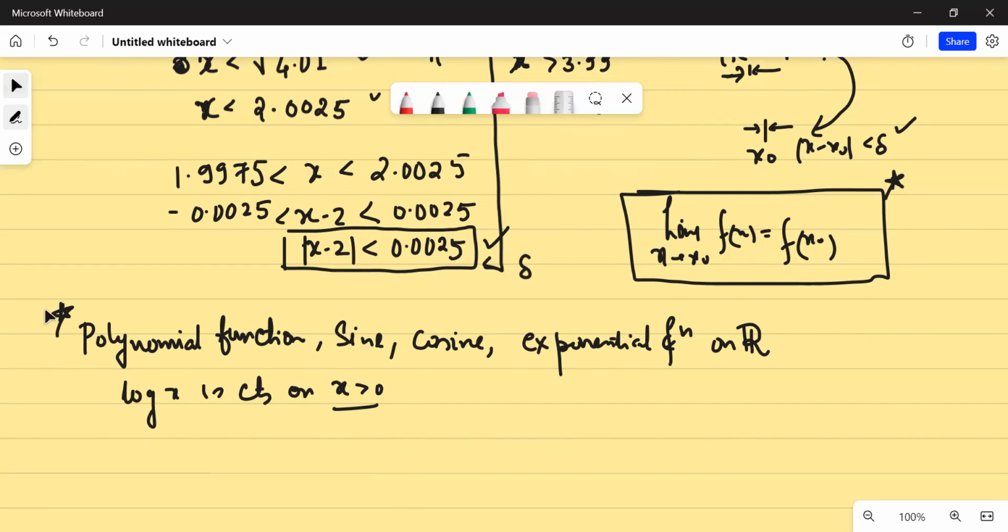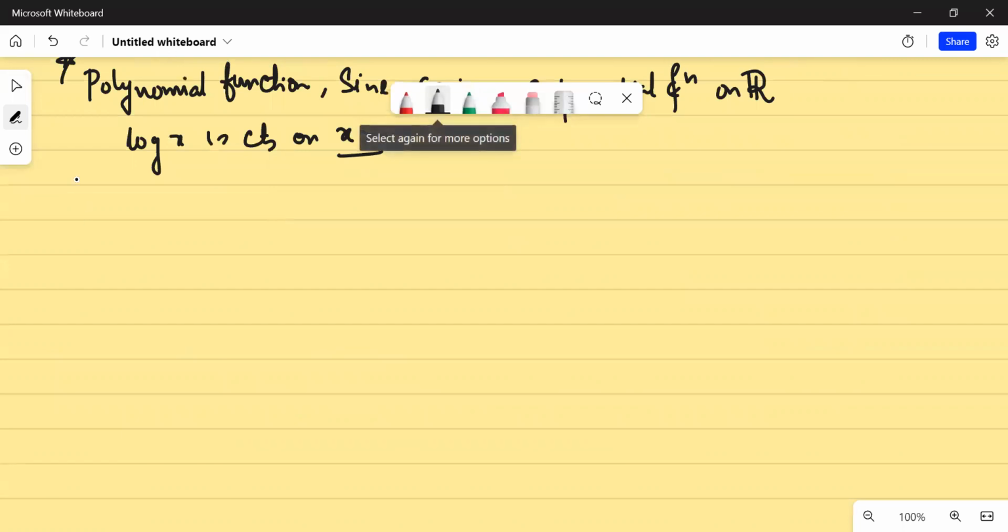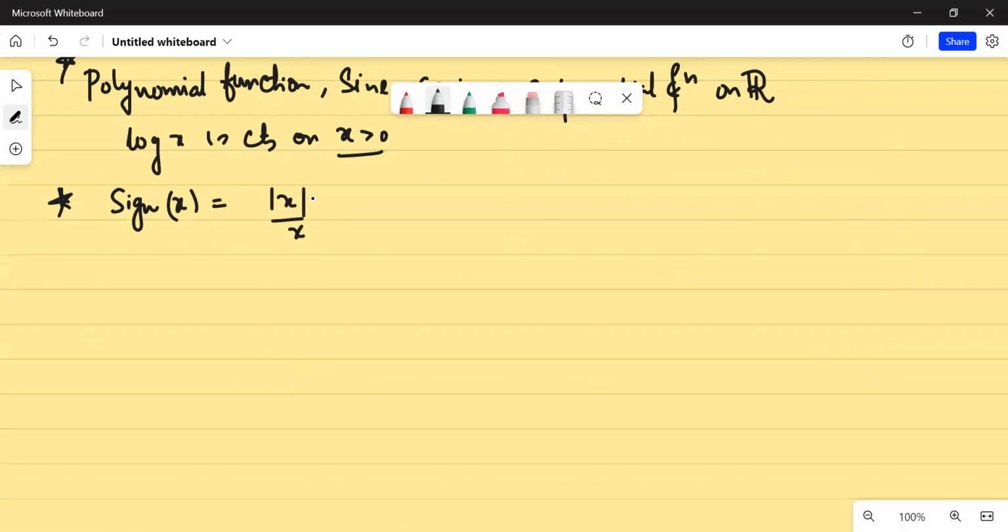Okay. Yes, and yesterday we were doing one function in which we were trying to find the points of continuity. Another function that I told you yesterday was called the signum function. So what is signum function? It is equal to modulus of x divided by x. And what does it return? It returns you the value. Let's say if it is 1, it implies you're talking about a positive number. If it is -1, it implies you're talking of a negative number. And at x equal to 0, since it is not defined, we define it some value. So exactly not mod x by x, but at x equal to 0, since this function is not defined, we say that, let's say it is equal to 0. At x equal to 0, it is not defined.